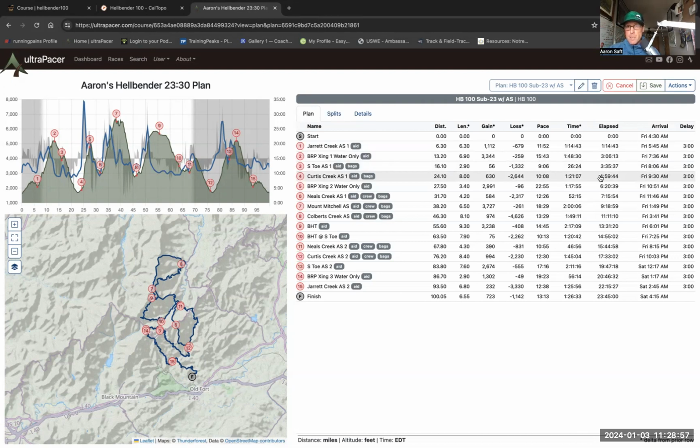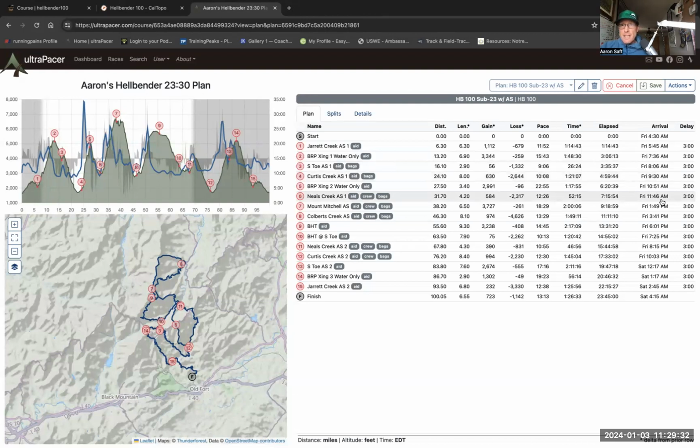My first drop bag will be at Curtis Creek, about 5 hours. So I probably want to carry 3 flasks of calories with me. It's about 5 hours, so probably 5 gels will suffice for this goal. Okay, and that's how I would look at it. And I set up a spreadsheet. In my Google Docs, I use an Excel spreadsheet that I can share with my crew and say, here's my plan. Here's what I'm thinking, and then based on this time, with a 4:30 start, I'm looking